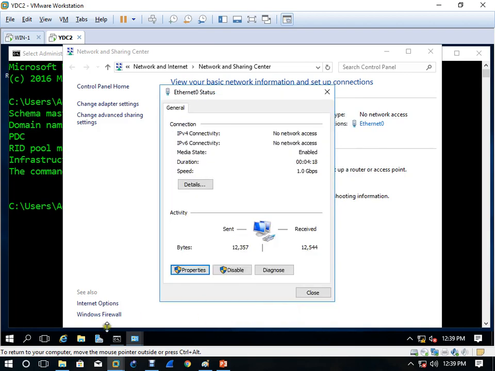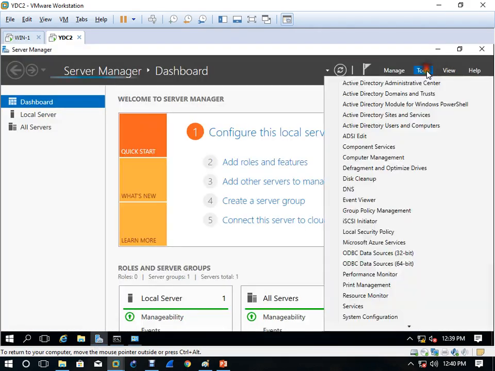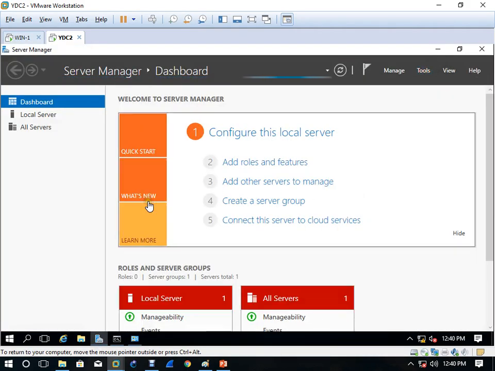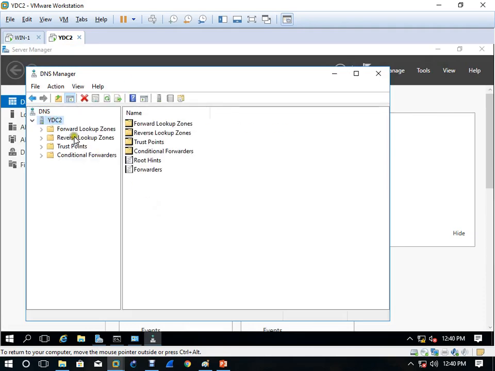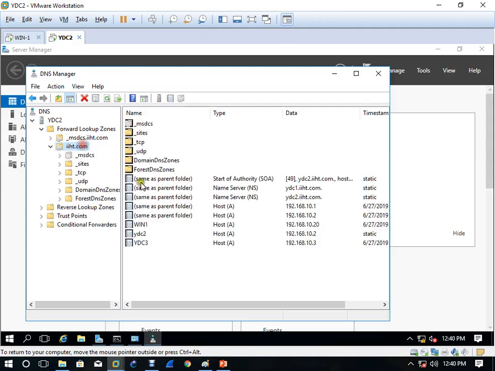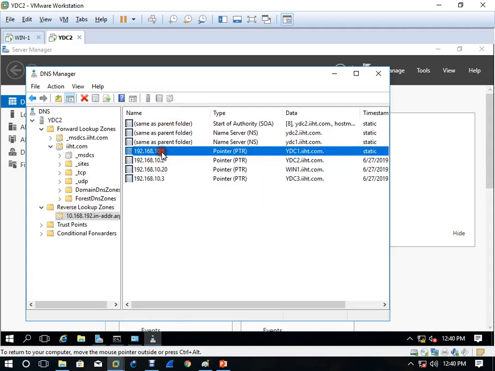Come here to Server Manager, go to DNS and remove that server information. Forward lookup zone, and you have to remove the record of Yaoundé DC1. I think it's already removed. Yes, this one.